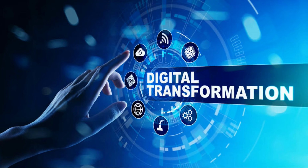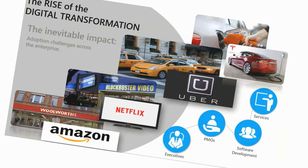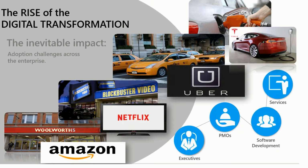So let's talk about what's driving the need for this topic. And it really comes down to digital transformation, even creeping into the areas of business transformation. This digital transformation era is bringing about change. And that rise of digital transformation is transforming all kinds of industries, whether it be department stores and retailers that are becoming digital, the streaming of media as opposed to getting things the way we used to with CDs and DVDs,